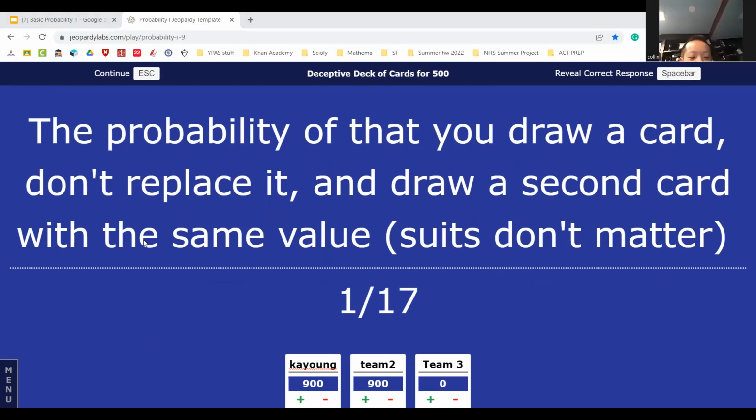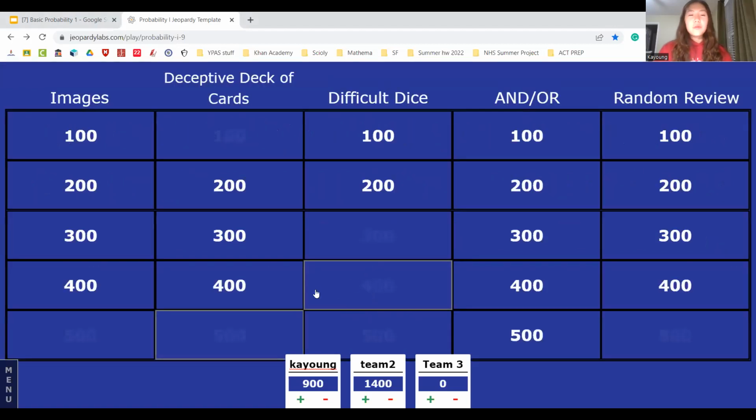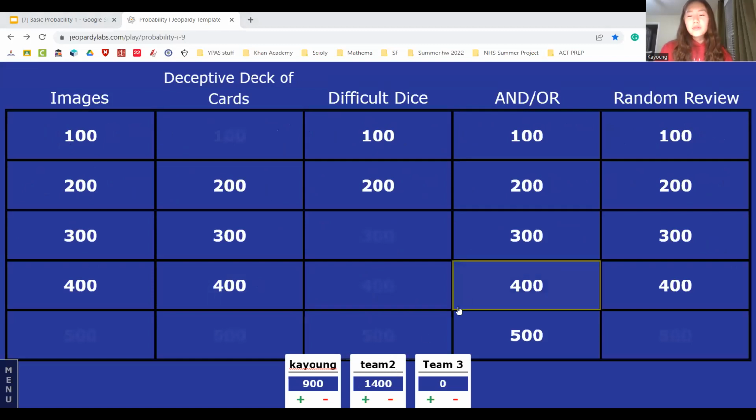0.05882352941. Vincata, stop using a calculator. They're the same thing. At least I'm 99% sure they are. So, okay, well, good job. You guys are kind of far ahead. We have time for one more. Let's see. In order for me to catch up, I have to get the 500 one right? So I guess I just have to do this.